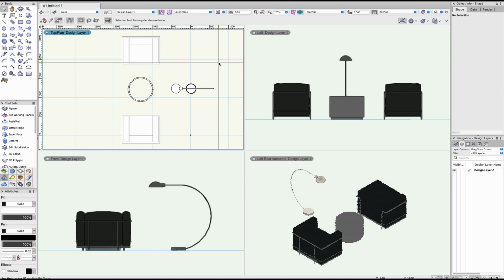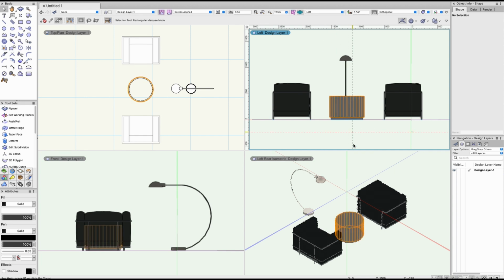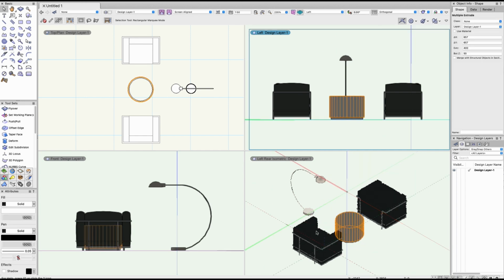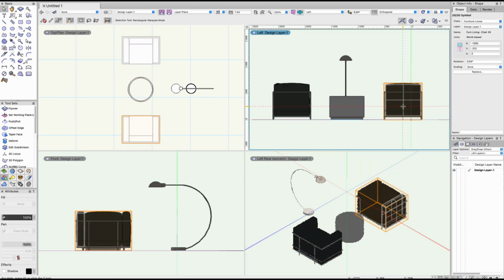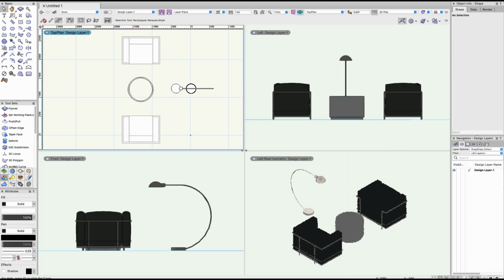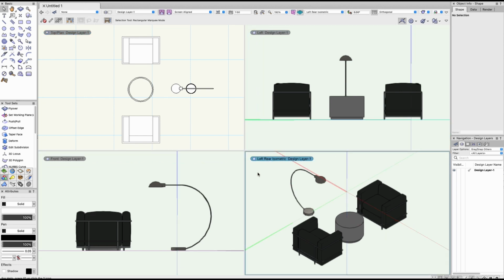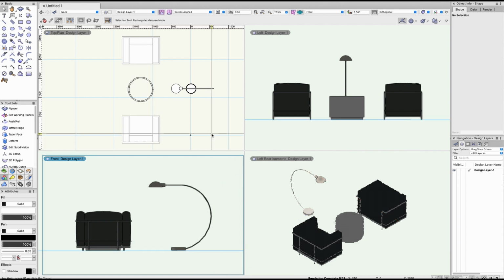So one of the questions I get quite often is you'd be working along and suddenly your screen turns into this. Now that can be a bit confusing. This is just called multiple pane layout. You can select anything on any of the panes and you can resize panes, and it's a very useful layout if that is what you want, but if it's not what you want, you most